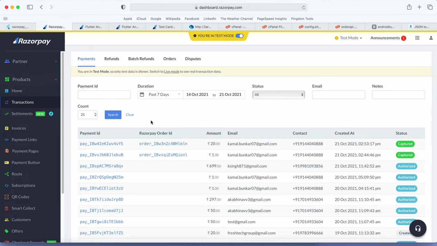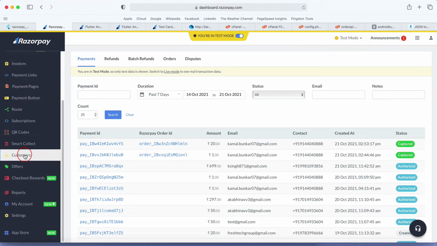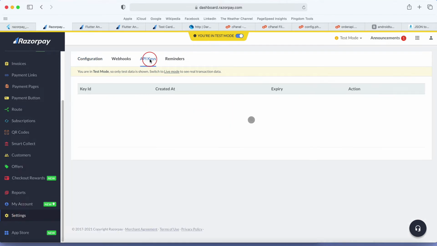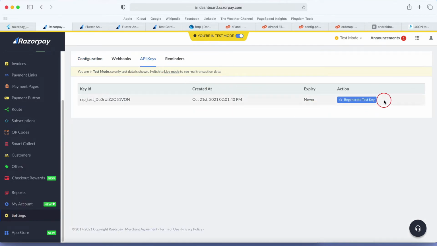Just complete this process. For test mode, at the top you can see test mode and live mode. First try it in test mode. Once it is done, then move to live mode. Right now I am in test mode. Just select test mode, and in settings, web API, just create a new key. You will see one button over there, create a key.